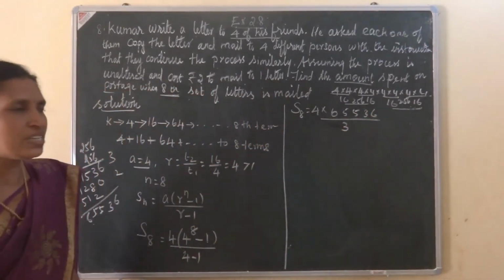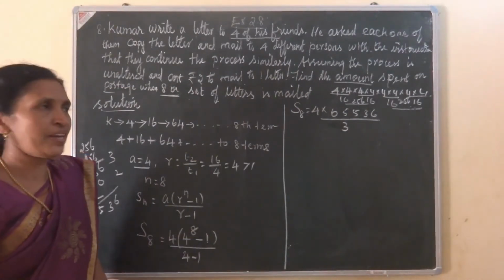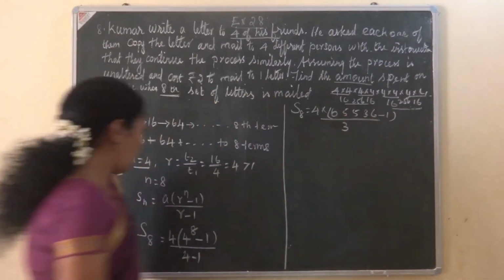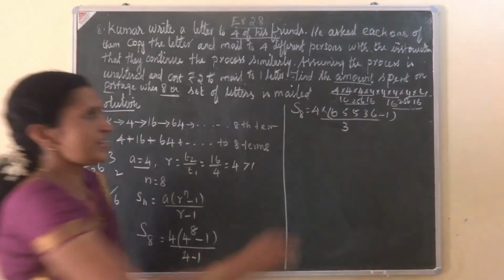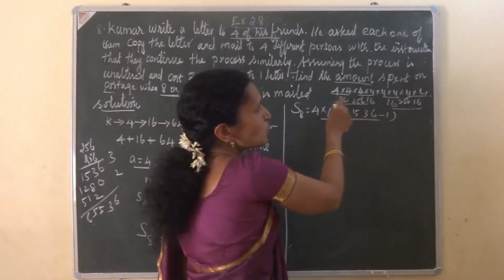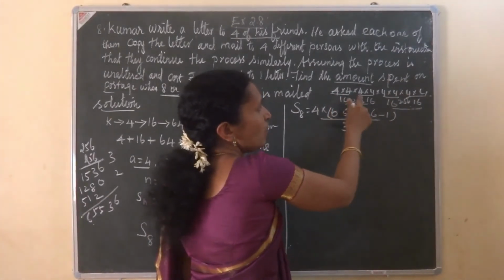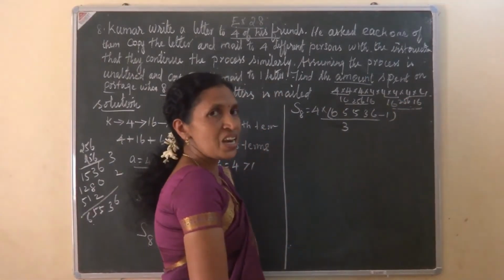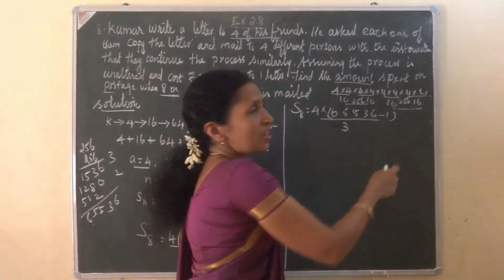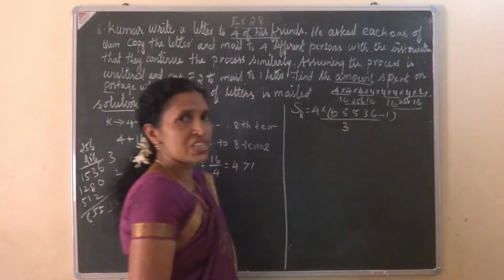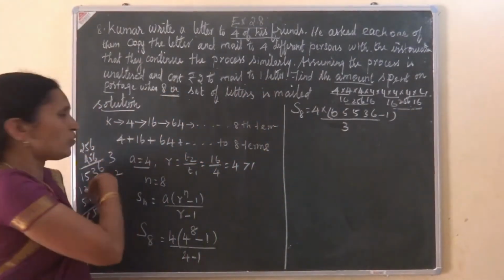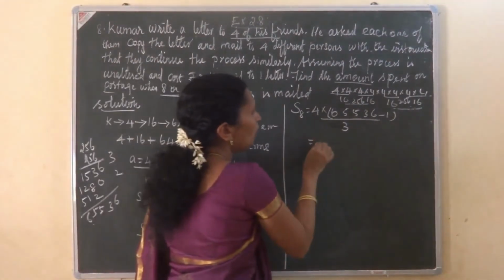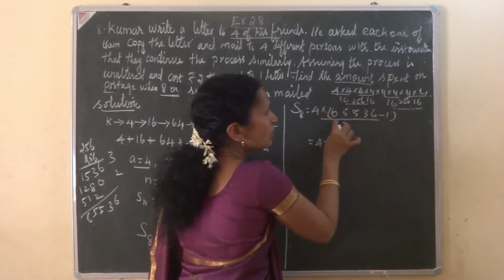Do you understand, students? 4 power 8, minus 1 here. Okay? 4 power 8, 8 times you take and you split like 4 fours are 16, 4 fours are 16, 4 fours are 16, 4 fours are 16. 16 into 16 we know is 256. So it's enough to multiply 256 and 256. Now this is equal to 4 into